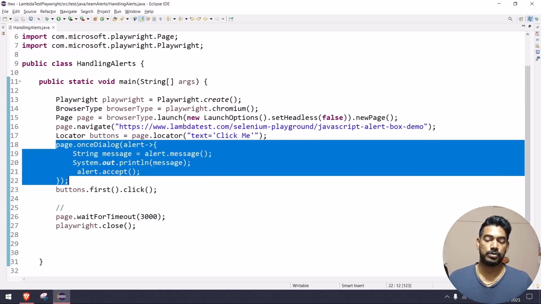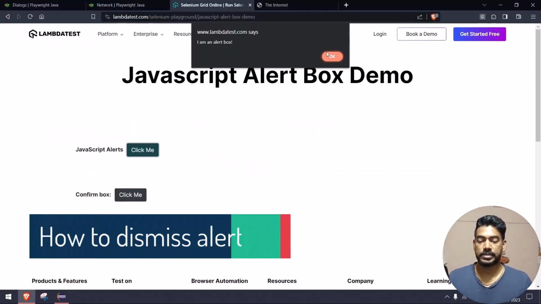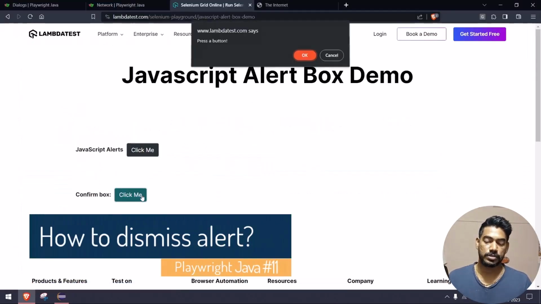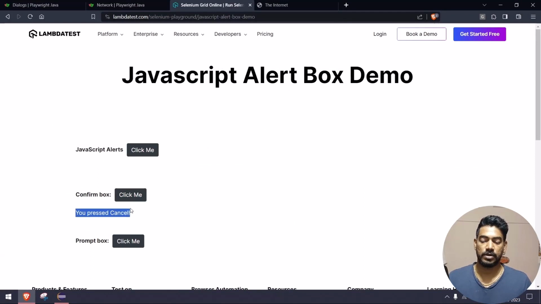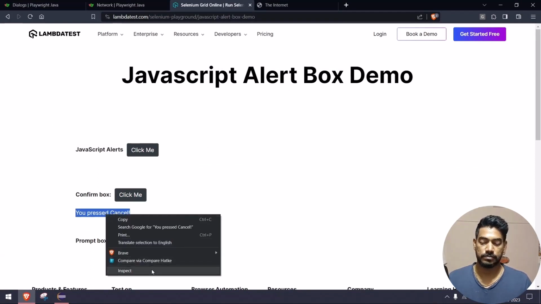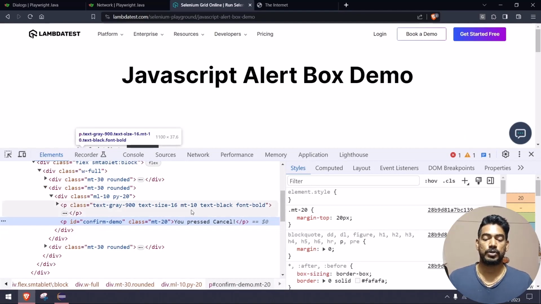For example, I don't want to accept, rather I want to dismiss this. So I'm going to take the second one, which is the confirmation box, where we have this "press a button" and I can click on OK or Cancel. If I click on this Cancel, you can see we got "you pressed cancel." Of course you can do the assertion, but just for the sake of the demo, I'm going to use this